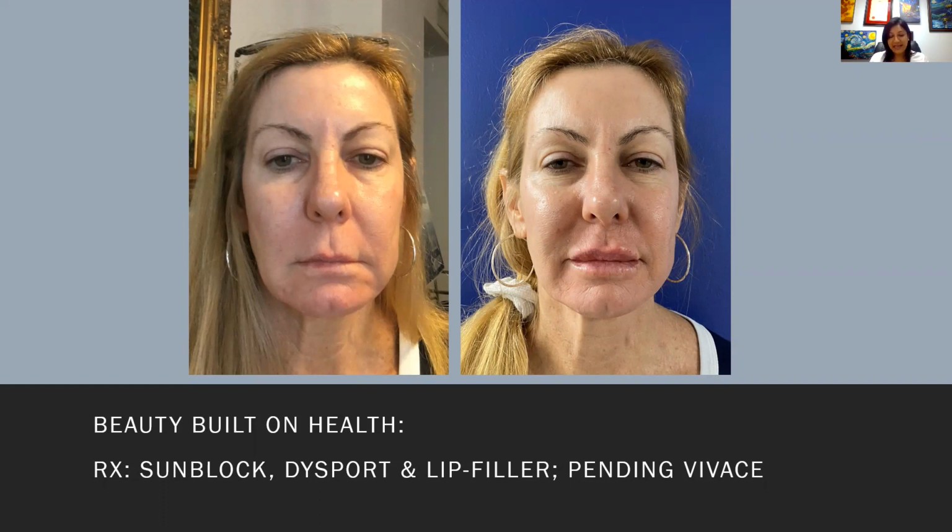And so we did a Visia skin analysis, which I'll share with you some other time. It basically looks at sun damage, pigmentation, redness, your pore size, all of that. And so from her analysis results, I recommended sunblock. It is so important as an essential. She also elected to get a little bit of Dysport, and we'll talk about that later, to avoid wrinkles around her eyes. Her forehead is responding very well to prior Botox and Dysport,